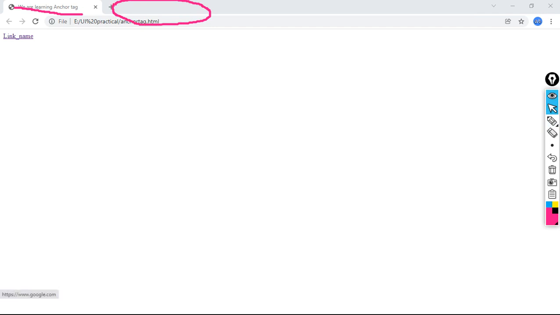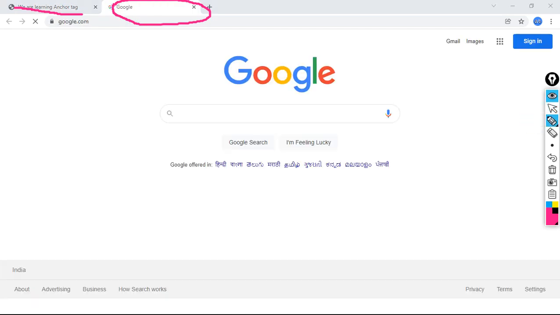So I am clicking on the link, underscore name anchor link 1 2 3. Observe carefully where we are going to be redirected. Here you go. See, this is the new tab, correct? Previously we were having only this one. Now we are having this one plus this one.